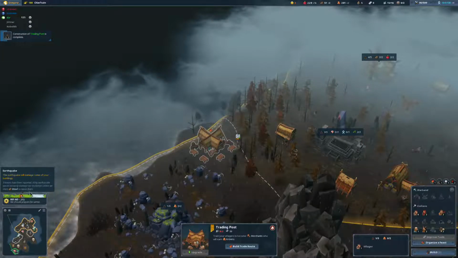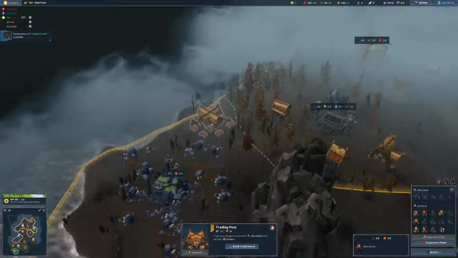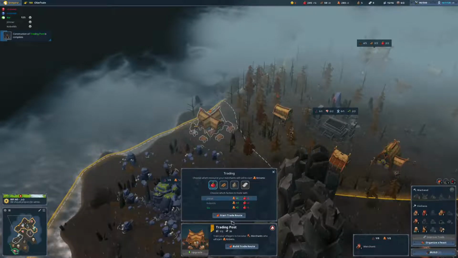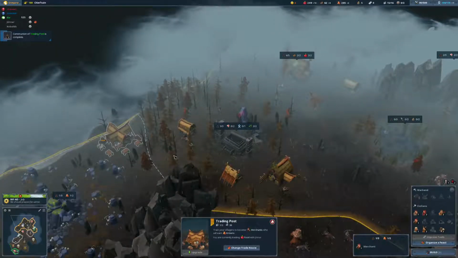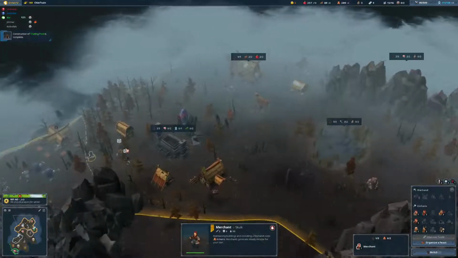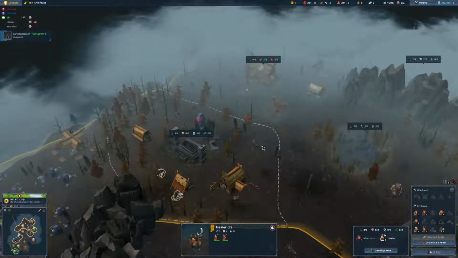Alright, what do we have coming up? An earthquake? We're fine. Build a trade route. We want to trade food with these guys. I don't really need you over here, so I'm going to put you on food for the time being. Actually, we'll put you on as a scout. And you guys can go back to...